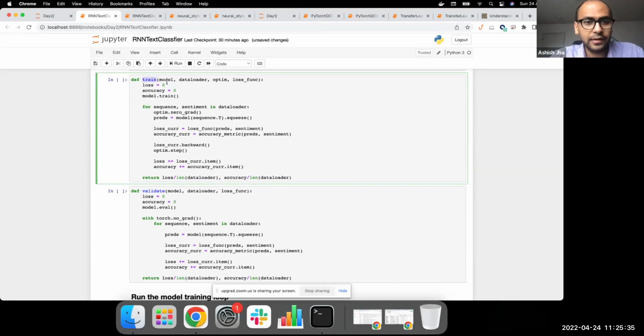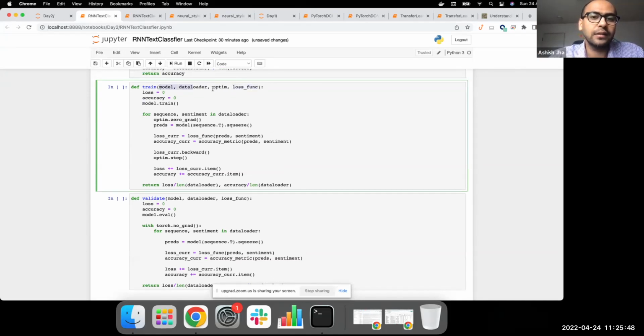The training routine expects this RNN model object. It also expects the training data loader, and it expects what optimizer we are using and the loss function that we are using. We have defined all of these in the previous steps, so we are ready with what we want. Now, before we go inside the data set loop, before we start to loop through the entire batches of the data set, we instantiate our loss and accuracy metrics with 0. And we set our model in training mode, which is we tell PyTorch, hey, we want to update the parameters of this model within this function.